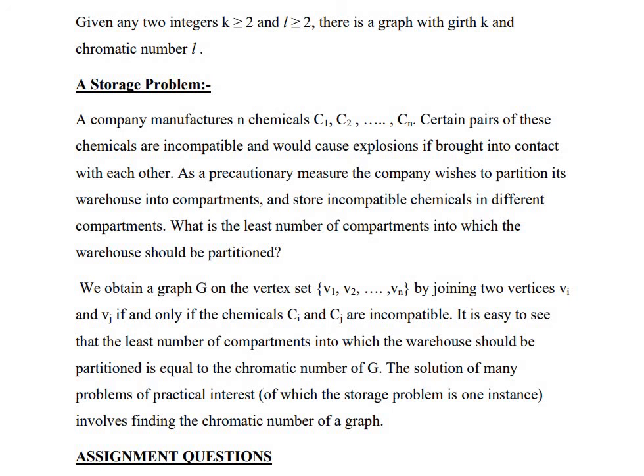We obtain a graph G on the vertex set v1, v2, etc., vn by joining two vertices vi and vj if and only if the chemicals ci and cj are incompatible. It is easy to see that the least number of compartments into which the warehouse should be partitioned is equal to the chromatic number of the graph G. The solution of many problems of practical interest, of which the storage problem is one instance, involves finding the chromatic